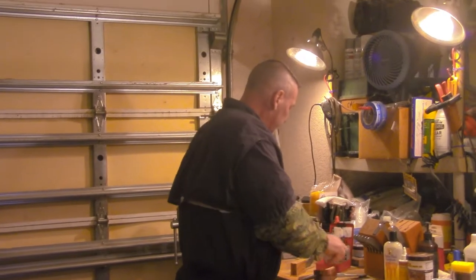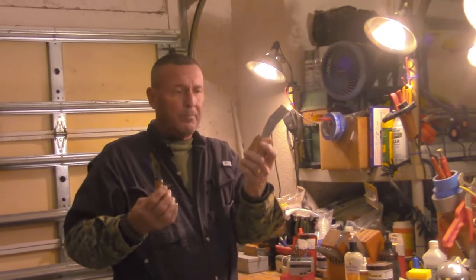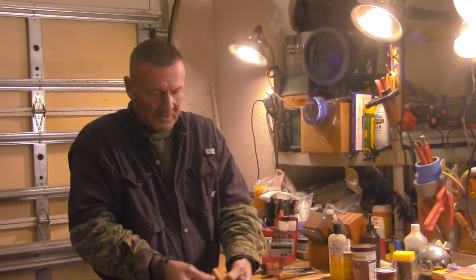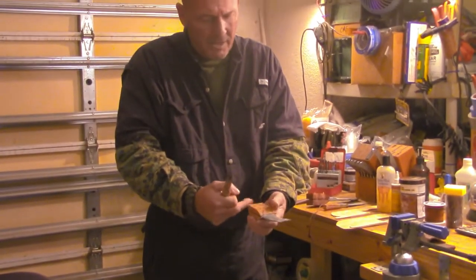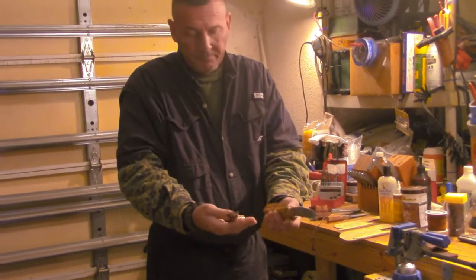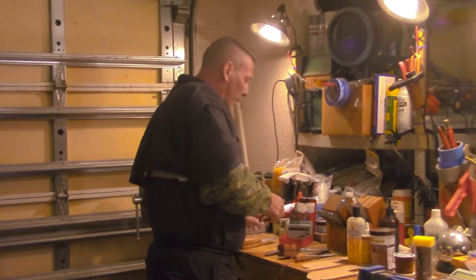Same thing with this knife. This is a red oak. Now you can see the difference, how much work's got to be done, but you're going to take all this down. I've given you the general outlines of what needs to be done. Put your personality into it. Also, what I'm going to do